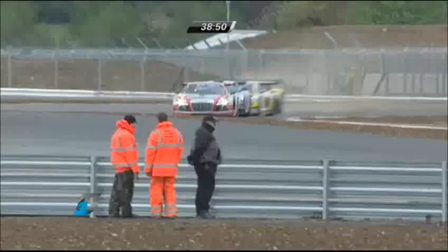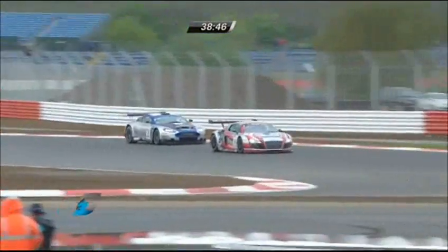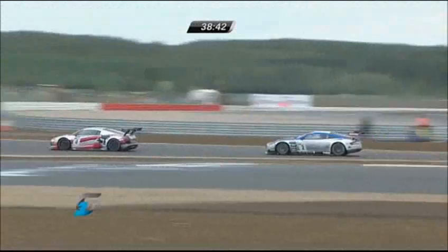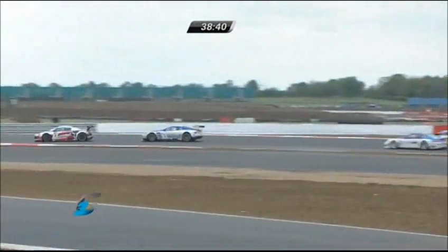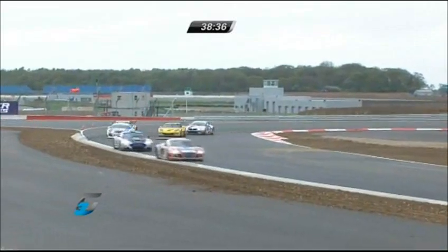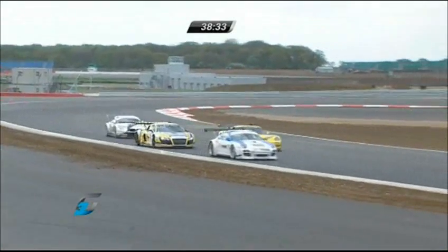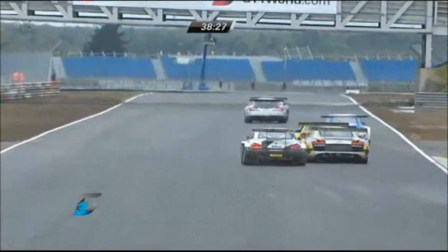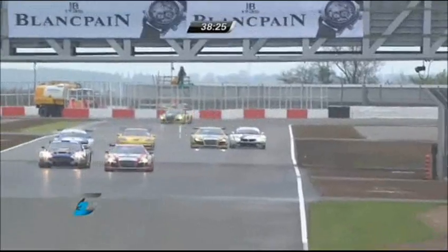Nice little battle going on here with the R8s and the Aston Martin. So yeah, good little battle there. But yes, you just want to try and keep close, because when this pit stop comes in, it's very good to be able to hand over to your fellow driver close to the competition, and I think all he needs to do is just stay on his bumper for when those pit stops come along. Yeah, the pit stops will be coming as soon as...